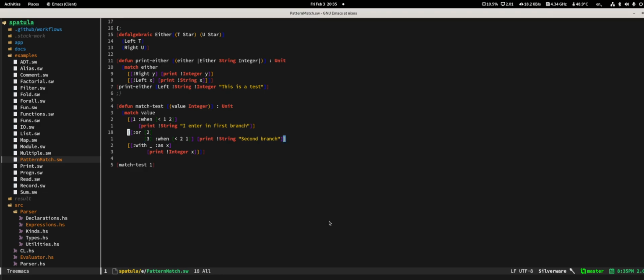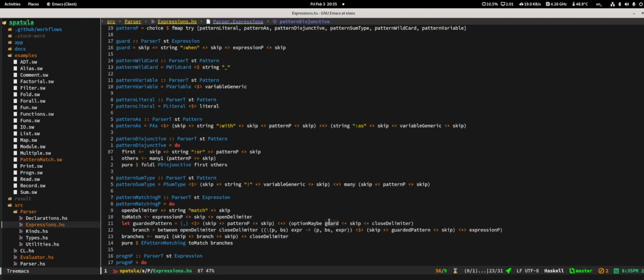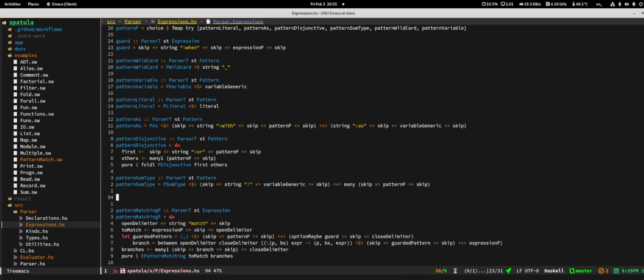Because remember that the pattern doesn't have the brackets. We add the brackets later. So it's OR, and then this, and then the guard, and then the bracket. Oh, I see. Actually, I think it's good for us to try to read the parser and write it down. So open bracket, match, right? Which is like we want to have the most possible freedom. So this is actually skip